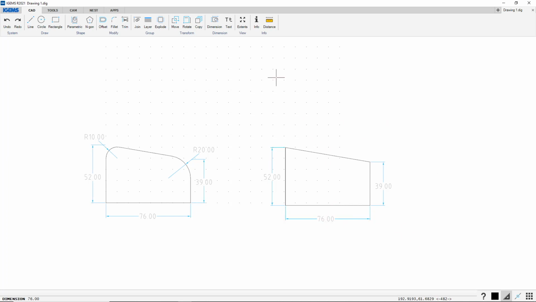The dimension command also works. See, you can take from endpoint, so from here to here, for example, and it can go that way, or that way, or that way, or anyway. So I pressed escape to escape of the command,